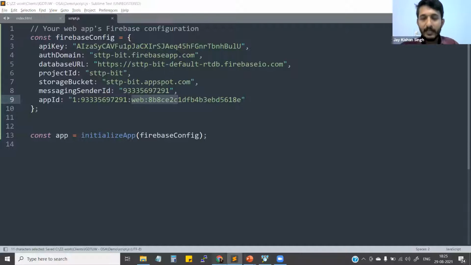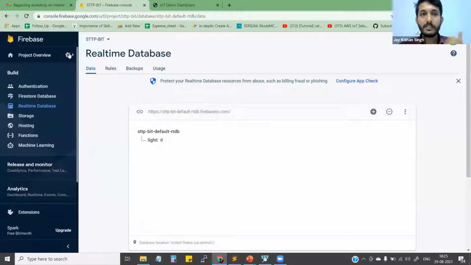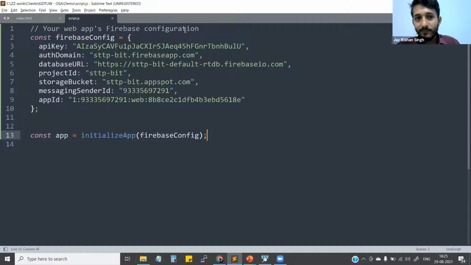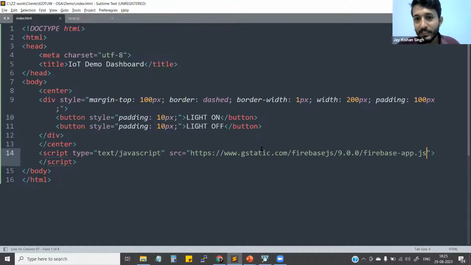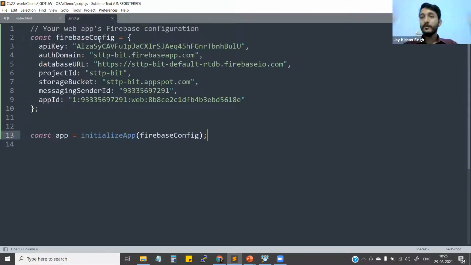Let me explain again what I did. I just clicked on this project setting. I went there and copied all the code which we had available in the CDN. I pasted it right there. We had one URL which I just mentioned at this place, and I removed all those comment parts, right? Okay, so let me also make it a little bit clean. And as we are using Firebase, I'm just going to write Firebase right there. This is very much easier. Again, everything is set up now, everything is clear.